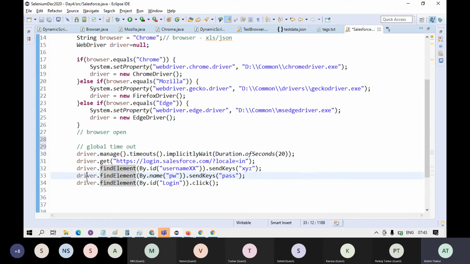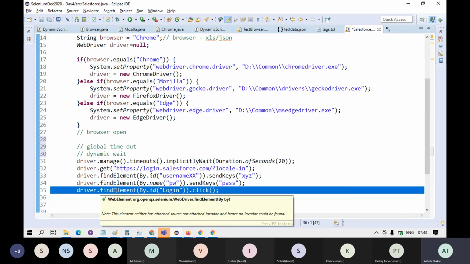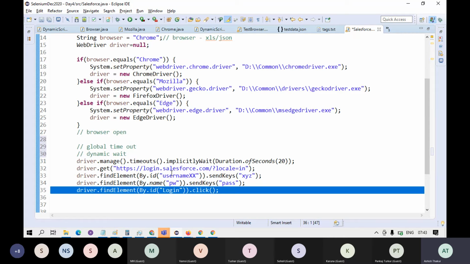That means it's available to all the driver.findElement commands, and apart from being a global timeout, you can say it's a dynamic wait. It's not that for every line I'm going to wait for 20 seconds. If the element is found or is present, it will immediately use it. Or if the element is found in the 5th second, it will immediately use it. Okay. So when you run this code,